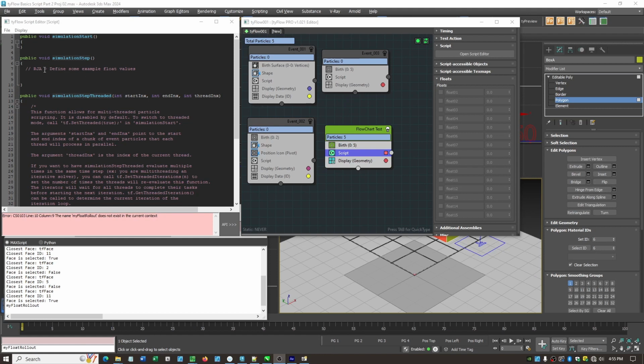So I've cleared all the code that we wrote before in the simulation step, and let's look at this floats rollout. So why would we want floats over here when we can define them in code? So let's call this my float rollout, and we'll give it a value of 1. And we come back over here in code for a minute, and let's do a hard-coded float value. So float my float